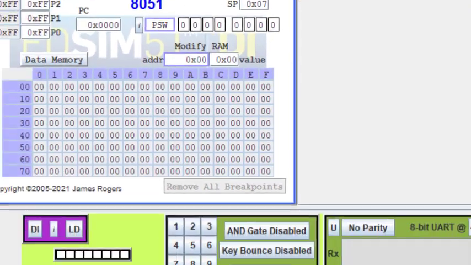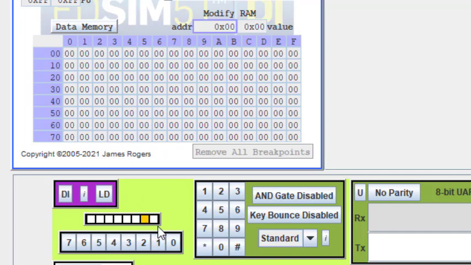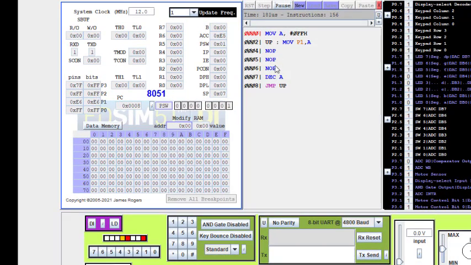Now I will run the program. Now as you can see, the LEDs are generating a sequence starting from 0. In terms of decimal, it will be 0 1 2 3 4 5 6, and in binary its count is 0 0 0, then 0 0 1, 0 1 0, 0 1 1 and so on. You can see this. So this is by using a simple operation. Here we have used NOP. We can also use the contents of registers, and we can generate a delay by using the registers.